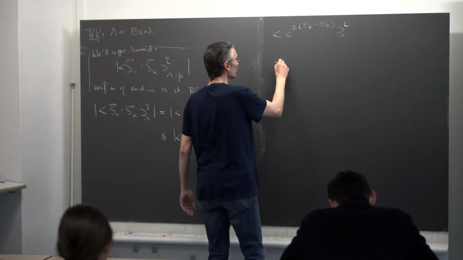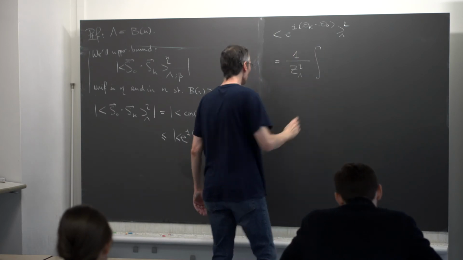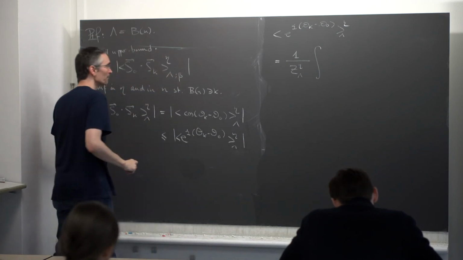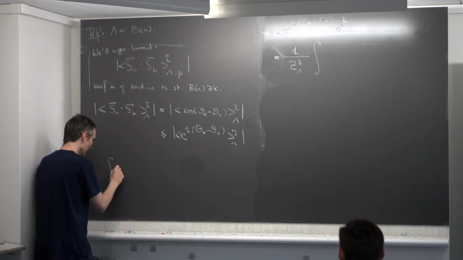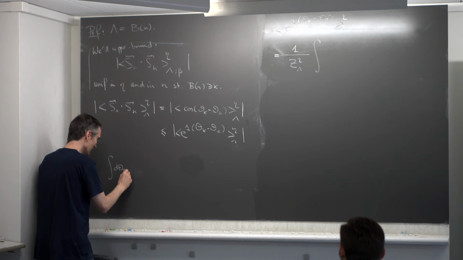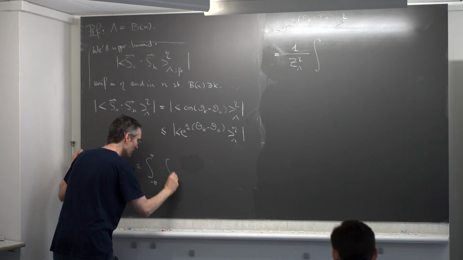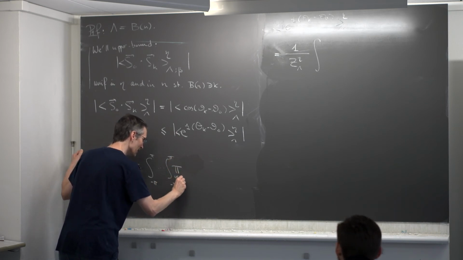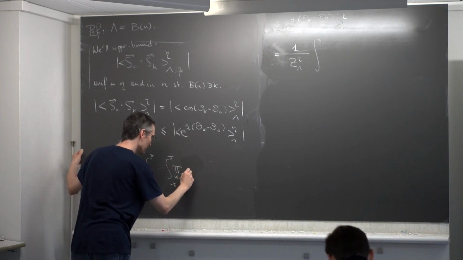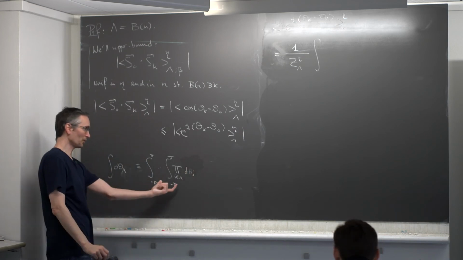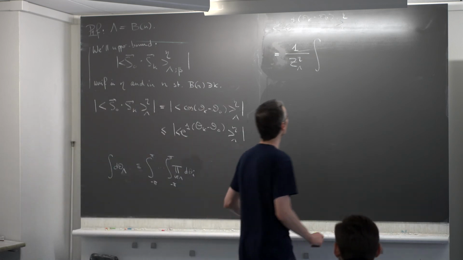So this, by definition, is 1 over the partition function times an integral. The integral is a bit ugly, so let me introduce a notation, because I have to integrate over all spins. Let me write integral d theta lambda, meaning the integral from minus pi to pi, product over all i in lambda of d theta i. Instead of writing all this every time, it means the same thing, just a notation for that.